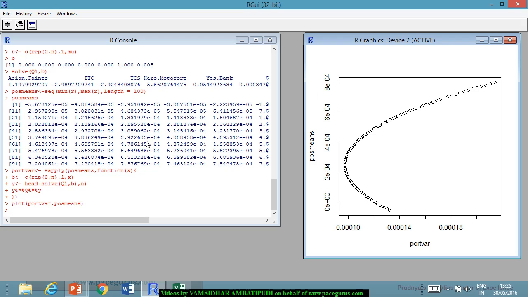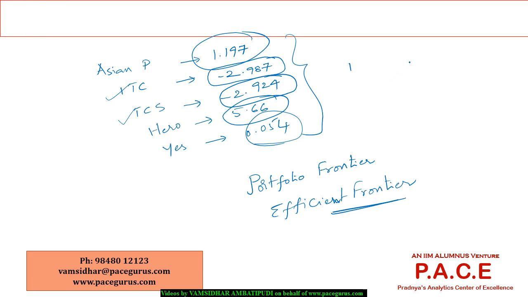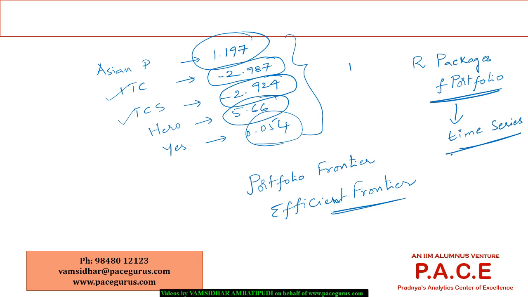So if I am saying these are the 5 securities that I need to use, then depending on my risk appetite, I will choose the appropriate combination which will give me this kind of return. Now the same thing can be implemented in a much more efficient, time-saving manner using different R packages. Out of those, the package which I really felt is most beneficial is the portfolio package. It contains different kinds of methods which I can directly apply on time series data, so I can directly implement a few functions from this package